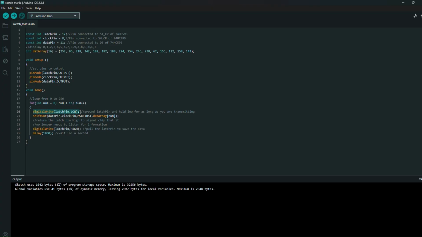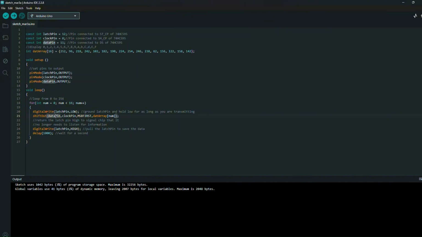This one right here, digitalWrite latchPin LOW, will send a value of low using digital write. So it will temporarily disable the output update. And then after that, this shiftOut function will send the bits to the shift register 74HC595.